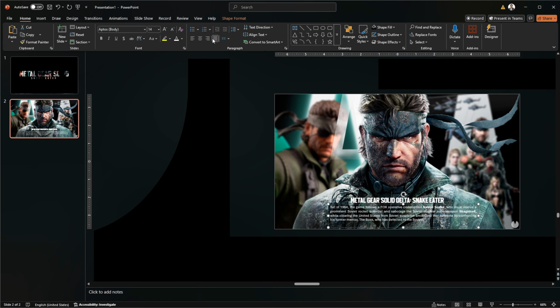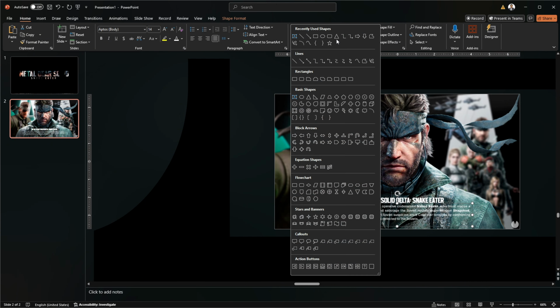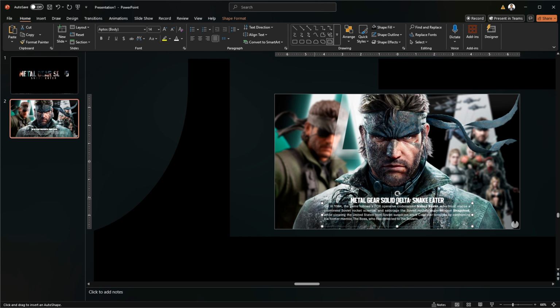Set it to justified alignment. And add this custom shape container.